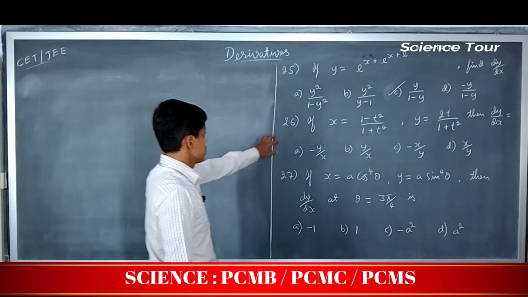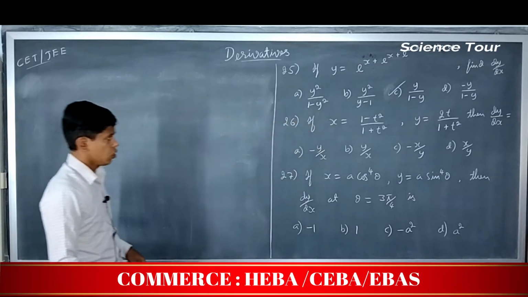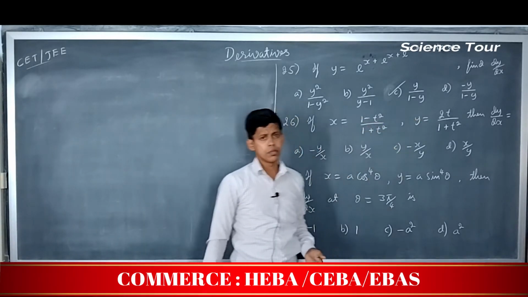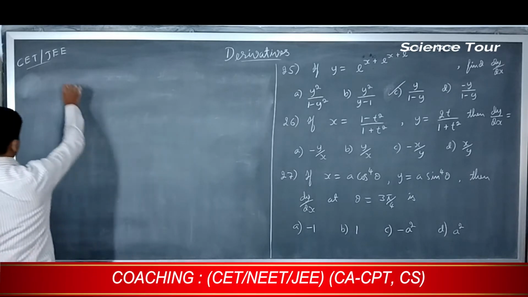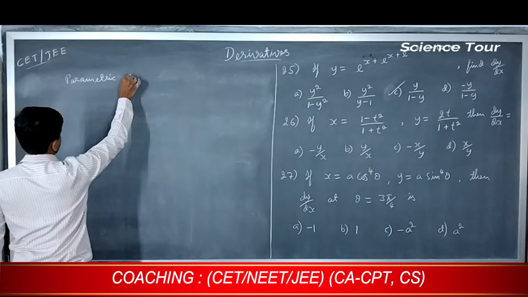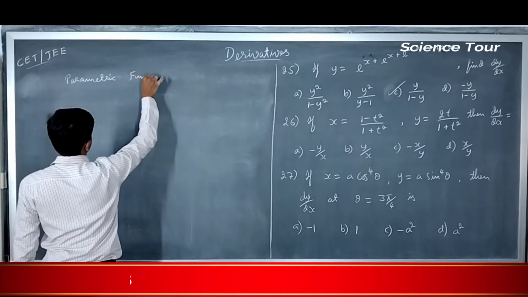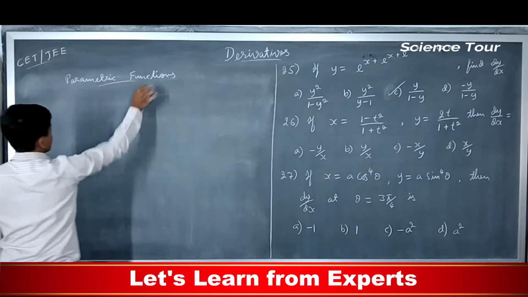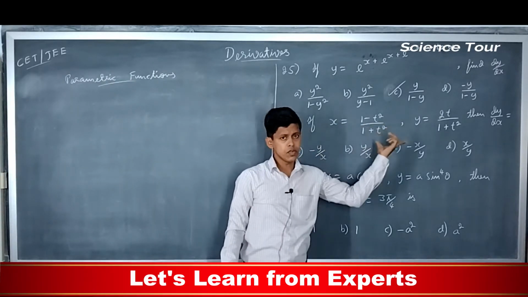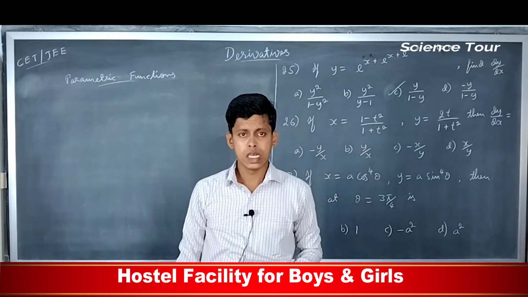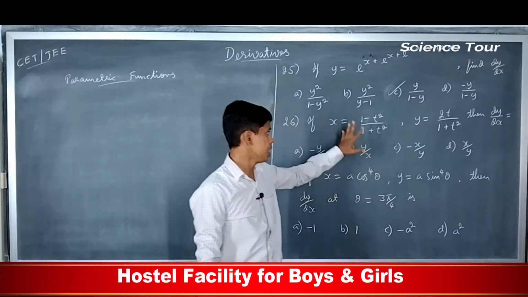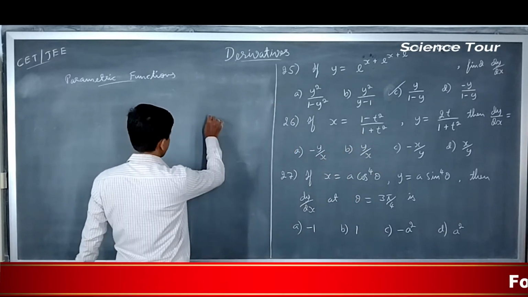Okay, now come to the question number 26. You have got x and y given in terms of t. What do you call them? Parametric forms. So from here we begin parametric functions. So when you have the expressions x and y given in terms of parameter t or theta in this case, then how do you find the derivative? First you have to